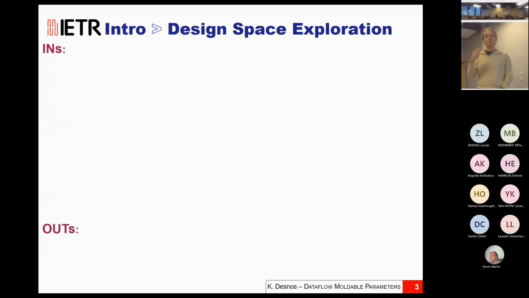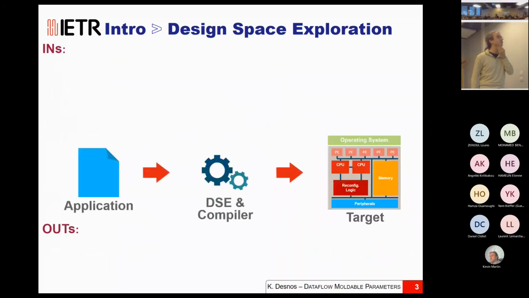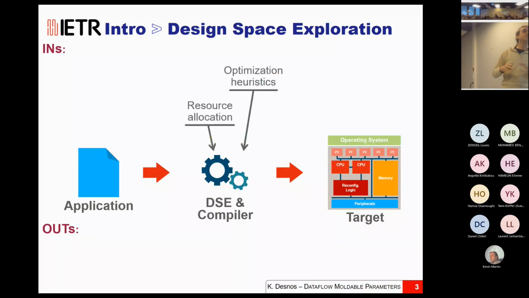Like the previous presentation, I am interested in design space exploration. What are we talking about? The input of the design space exploration process is this kind of classical design flow, where you start from a model of the application, you go through a design space exploration tool, and you try to deploy your application on a parallel multiprocessor system on chip, on a parallel target. And you have many things to optimize. The things that are mostly studied usually in the community is the resource allocation. This was the topic of the previous presentation.